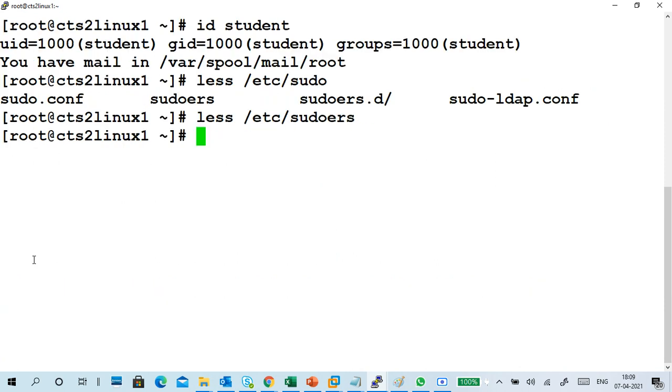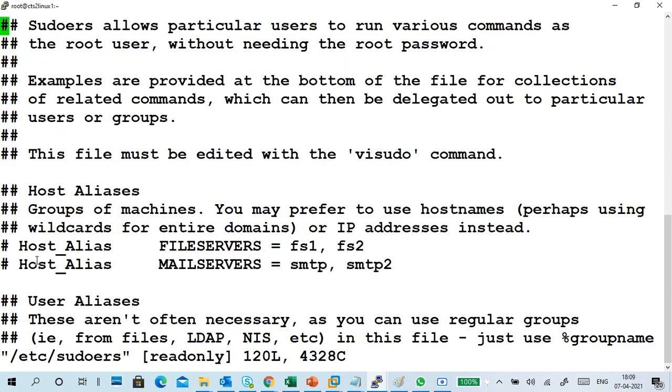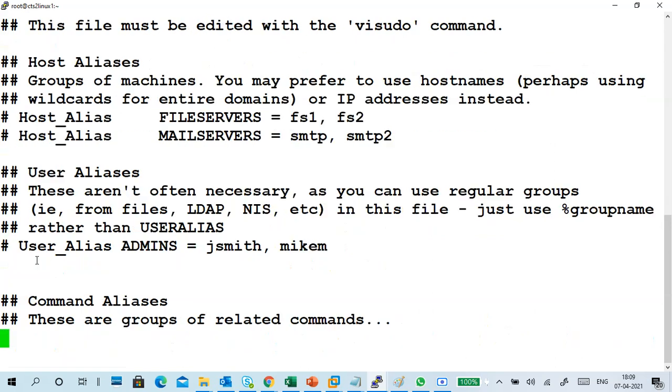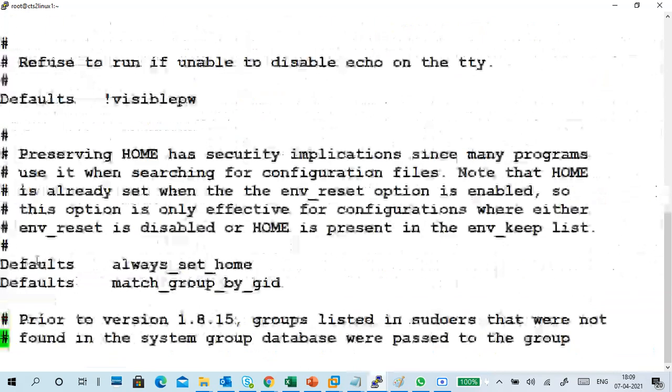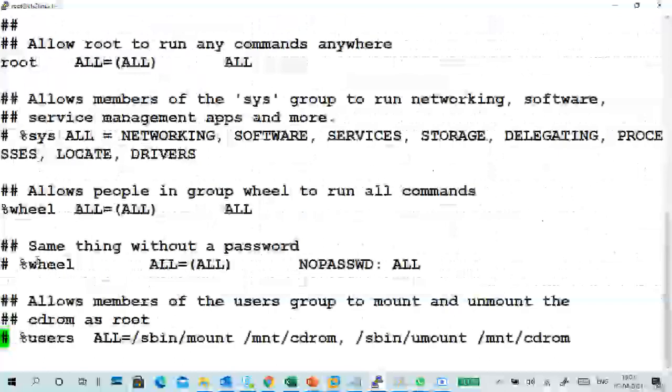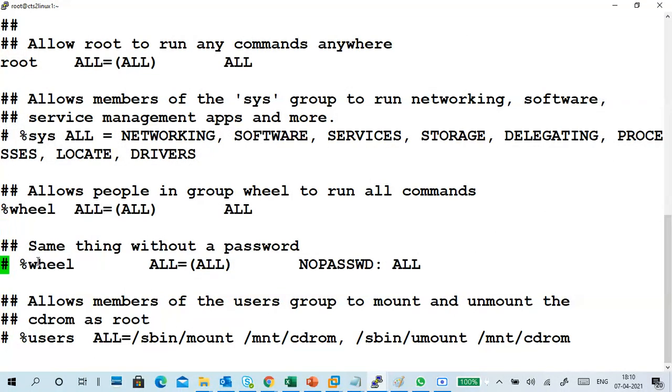We should remove it. So I'm going to quit the vi editor and open /etc/sudoers. Now I'm going down. Guys, remember and do this often, very important. What is in the sudoers file? This one doesn't have a hashtag, so no problem. This one has a hashtag. Because of the hashtag, when you use sudo, it will ask for a password. So I don't want it to ask for a password when I use sudo.